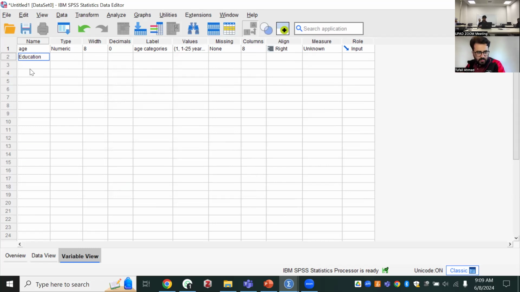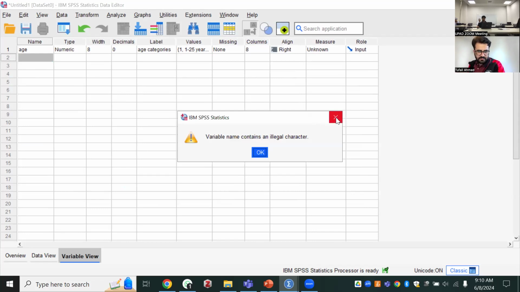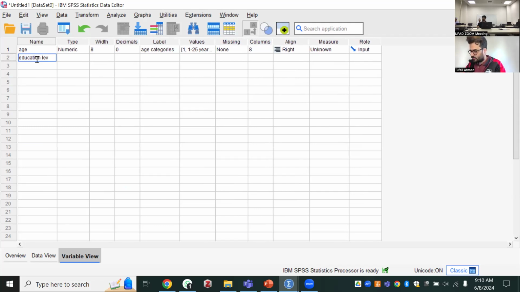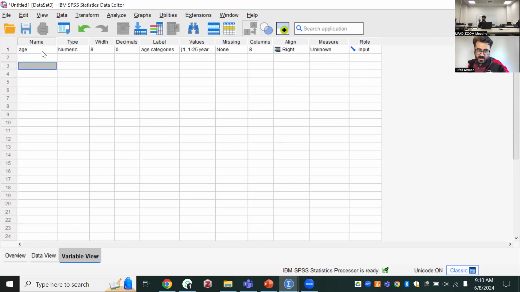Then education level, let's say, the second variable. 4 categories, like one is PhD, second is master's, third is bachelor's, the last one is uneducated, for example. And one thing I would tell them is that you cannot use space when you're writing the name of the variable. So if I say education level and use space, the software will give me an error. You can only use spaces when you label them.